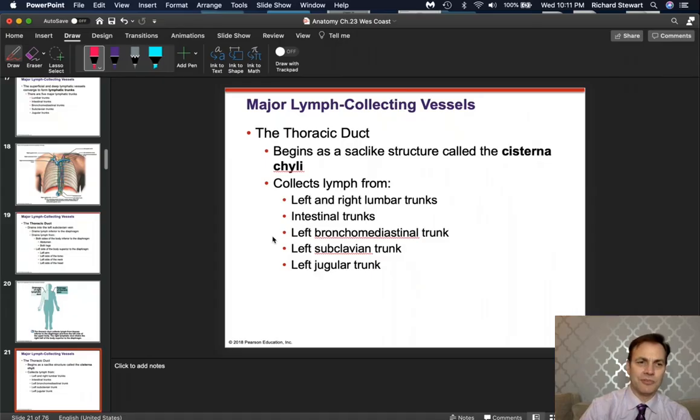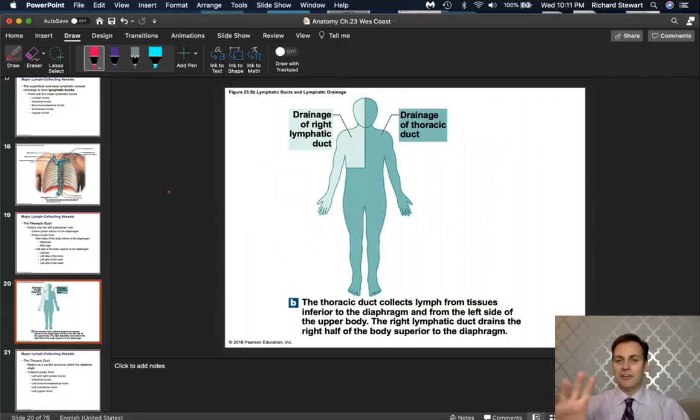Okay. Easiest way to explain how it dumps is this way. I don't know how this managed to happen, but this is how it happens. So, the right side of the face and all the way down to, not your umbilicus, but all the way down to where your rib cage ends. So the right side of your face going all the way down to your rib cage, and the whole right arm, all the way to, on the back, the spine. So this whole section on the right side drains into the right lymphatic duct, into the right subclavian vein.